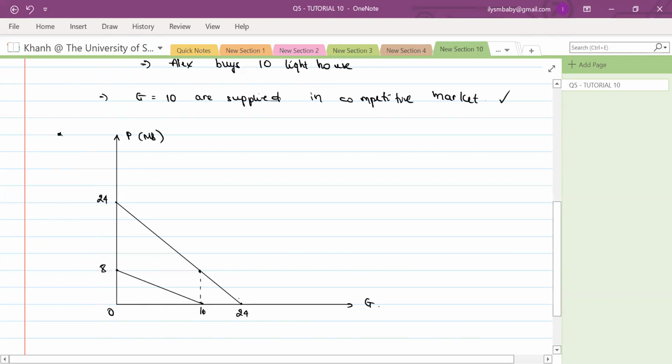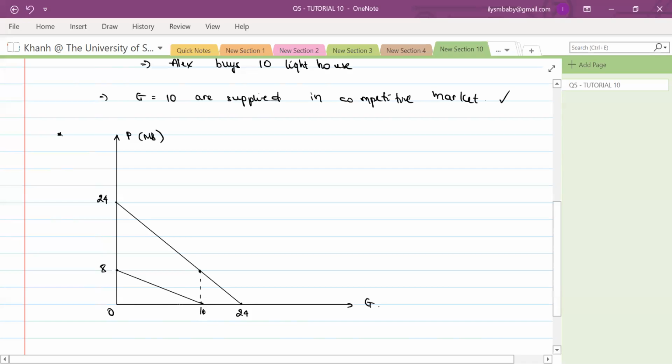The aggregate demand is just the demand curve for Alex from quantity 16 to 24, because Beatrix is not going to consume any quantity above 16, since her marginal benefit would be negative. So this part of the aggregate demand is the same as the demand for Alex. Now, as for any quantity below 16,